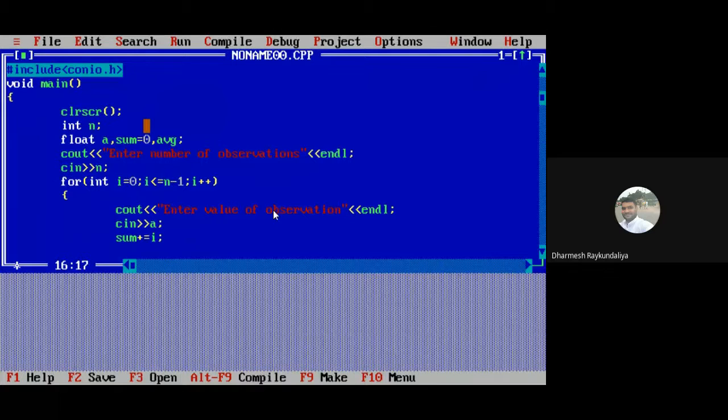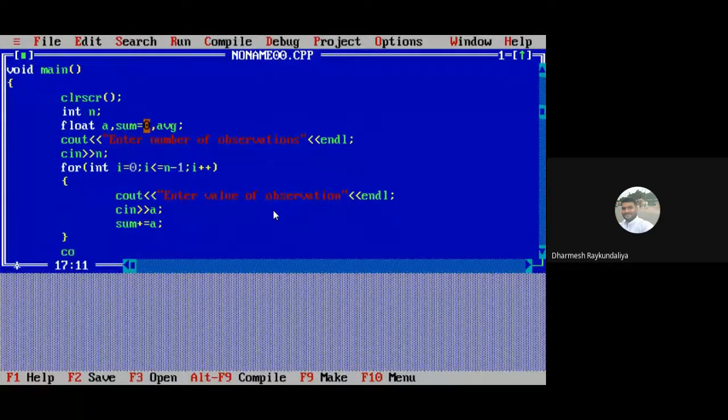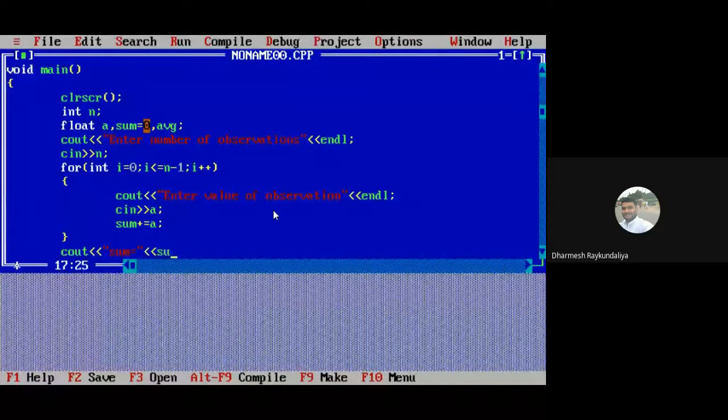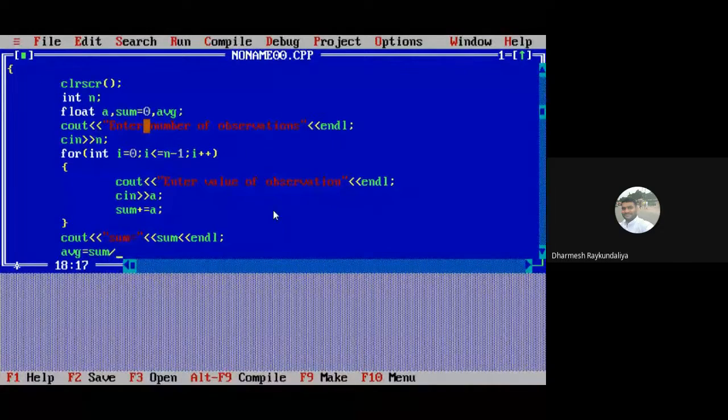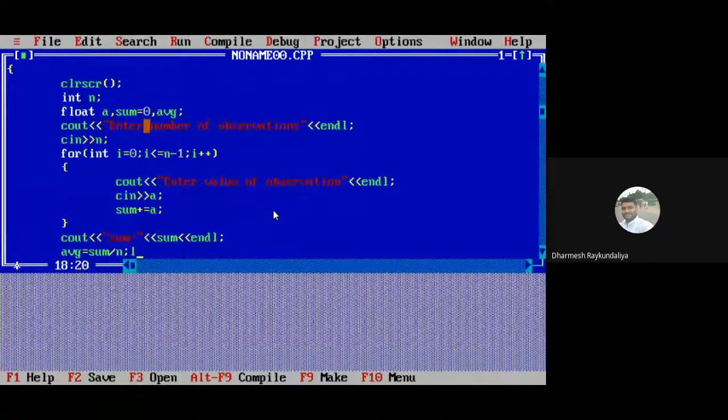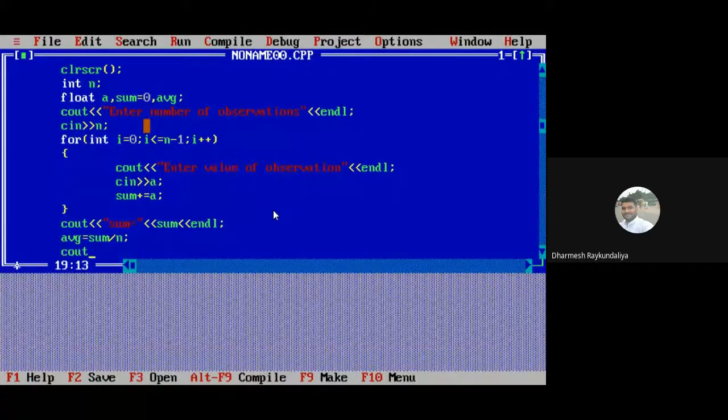It is as good as sum equal to sum plus a. cout sum, and average is equal to sum by n. cout average.